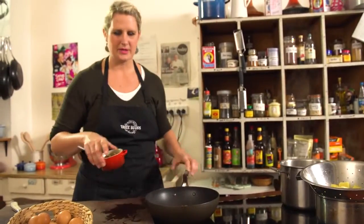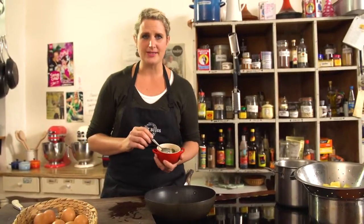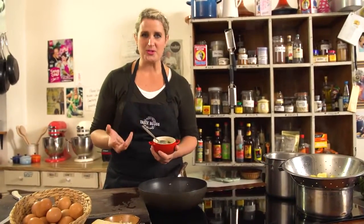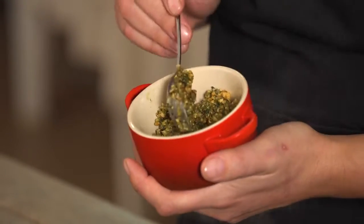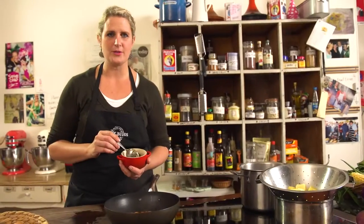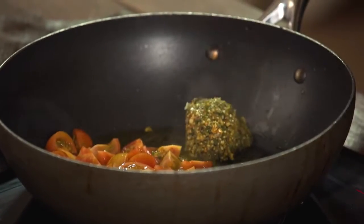While they're sizzling away, I'm going to tell you about this pesto that I've made. I've just used fresh basil, and a lot of people use pine nuts for pesto, but I love using lots of different nuts. I've got some roasted hazelnuts and a couple of cloves of garlic and a nice big pinch of parmesan. So I'm going to put a big dollop of pesto into the pan